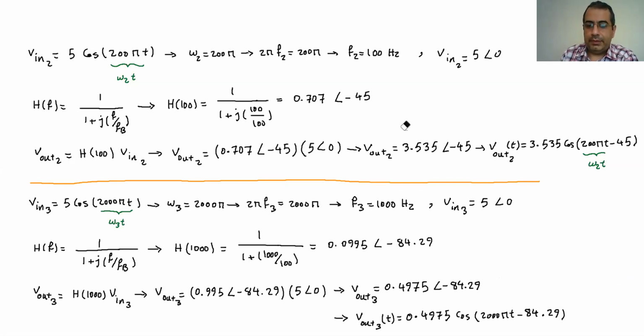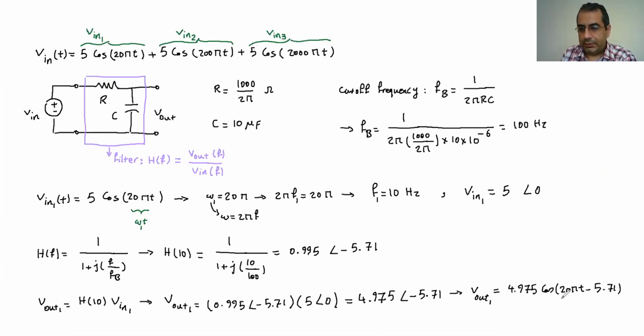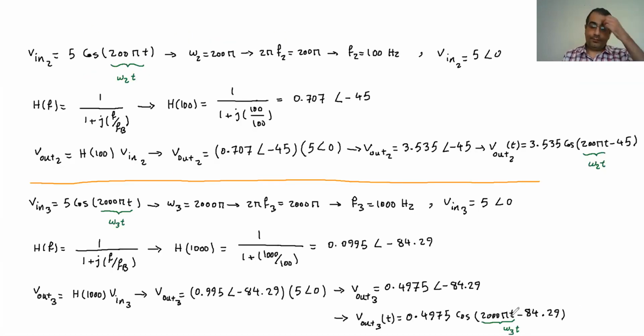And just remember that this part is omega 3t. So make sure that also, let me write it here as well. So it's the omega 1. So make sure when you're dealing with each of them, use the correct omega t. So remember that I convert everything to the phasor, I do the calculation, and I convert them back